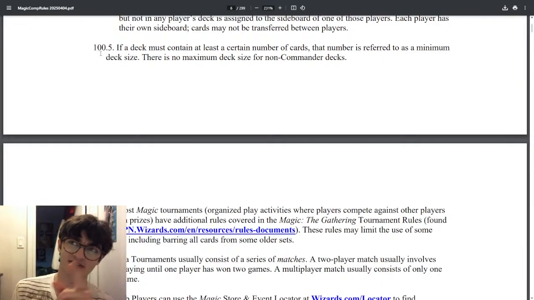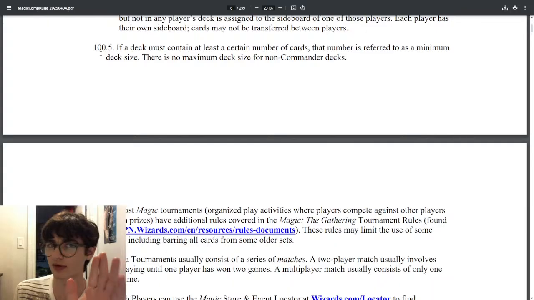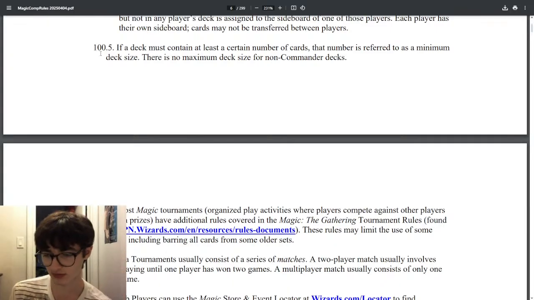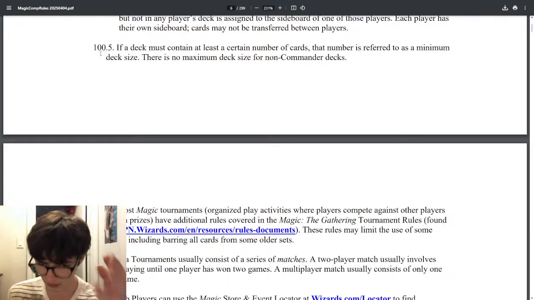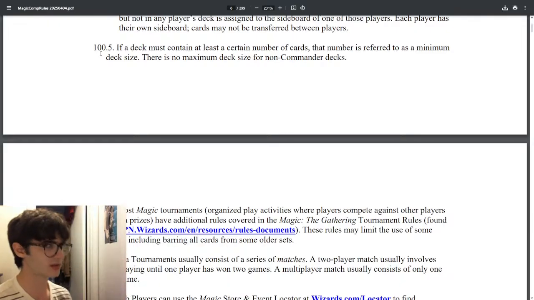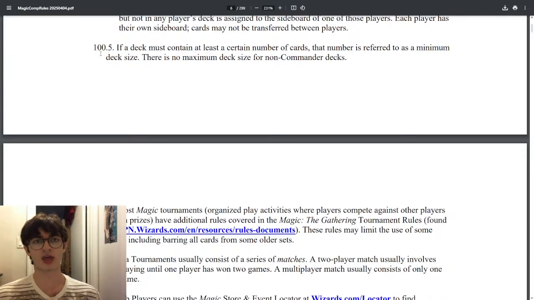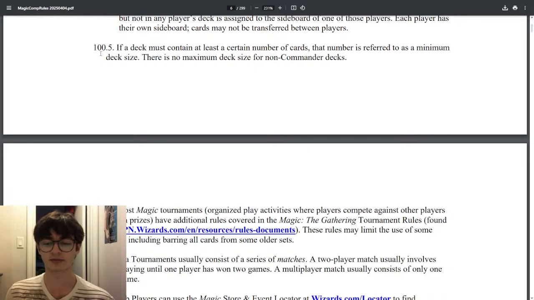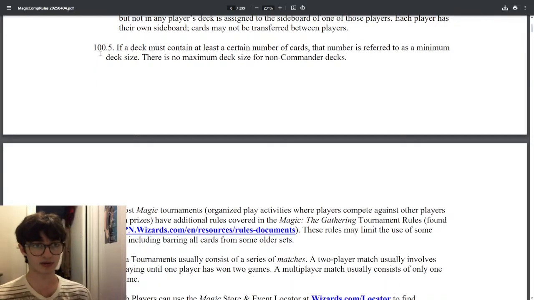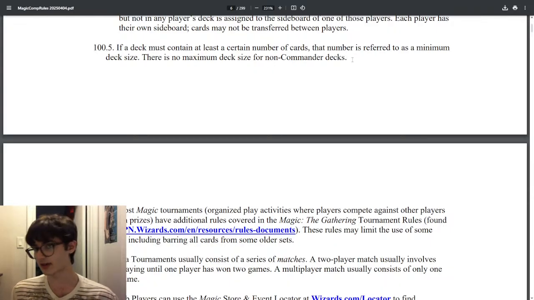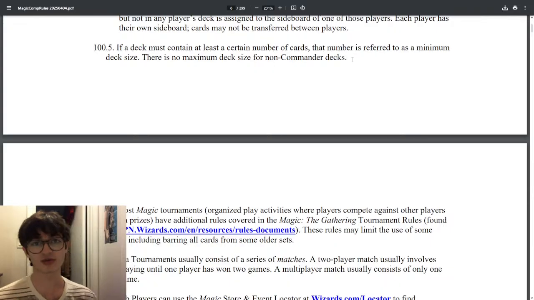So there's a story here, and I don't remember if it was a Magic story first or a Pokemon story or Yu-Gi-Oh story, but I know that there's a Pokemon story about this where somebody brought like a 2,200 card deck that just stalled out the game and decked you out basically every game. And that forced them to make a rule that said that you have a maximum deck size. Magic the Gathering, oh no, there's no maximum deck size. I can do that all I want, and I can destroy my local game store.